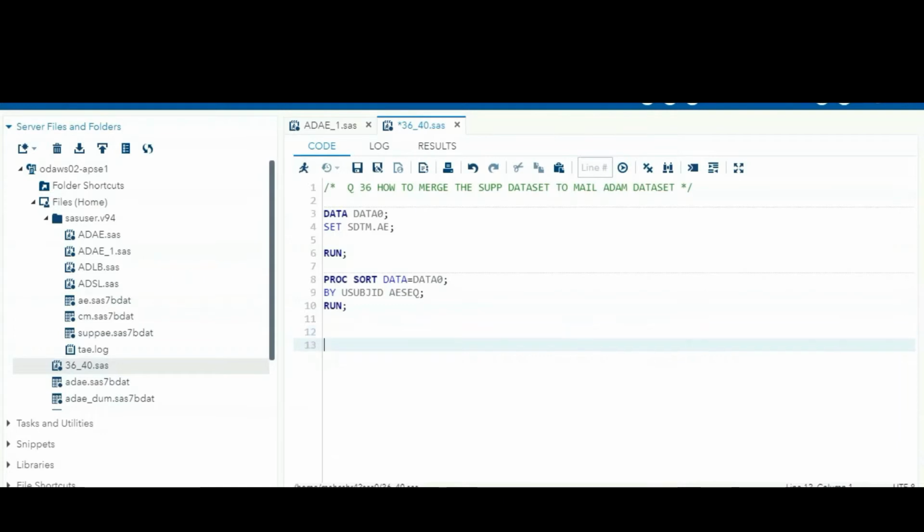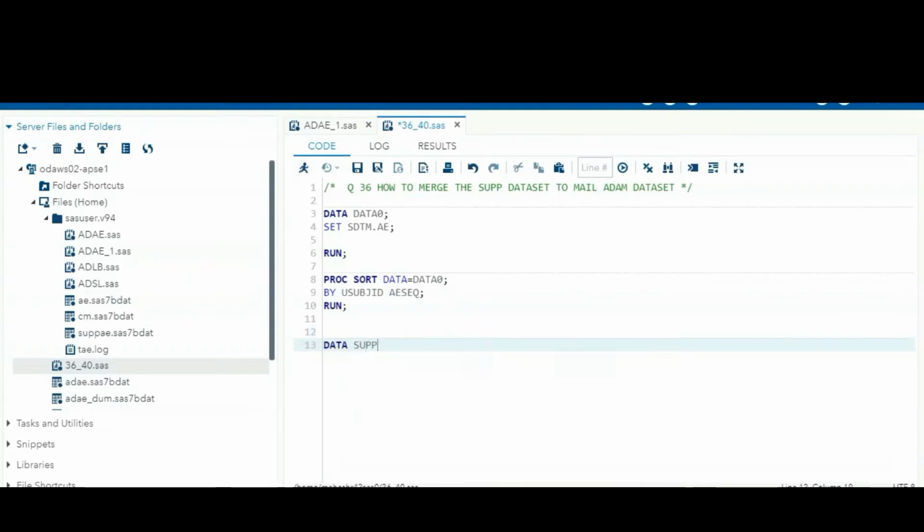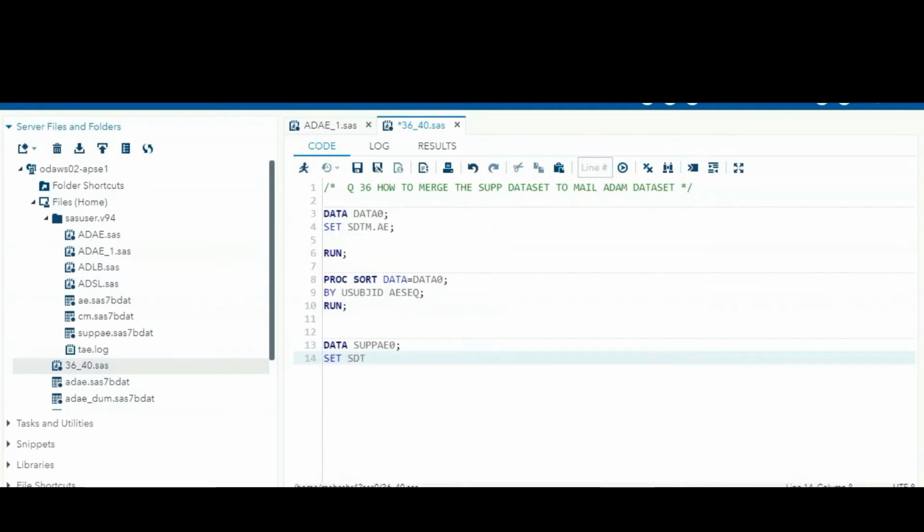And now we have to pick the variables from the supplementary data set, SUPPAE, set from the SGTM folder itself. The supplementary data set you can find is SUPPAE.